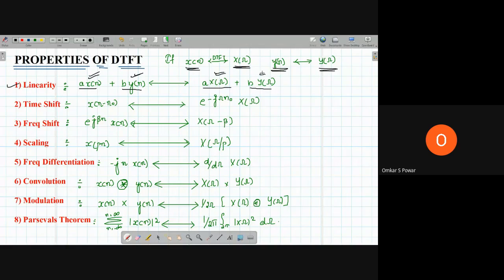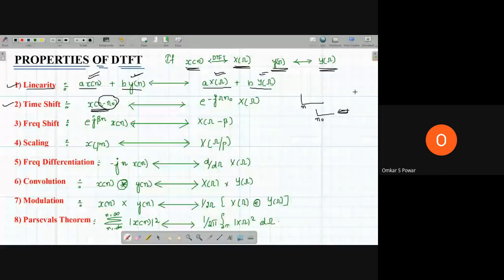Okay, so when I have used this linearity property, next is time shifting. How do you understand the things here? You are shifting in the time domain, x of n minus n naught. This is your time domain signal. If you shift by n naught, what happens in the frequency domain? So this is your frequency domain. You take the frequency transform of x of n, which is X of omega, and multiply by e power minus j omega n naught. You have to understand it in that way so that it will be easy for you.